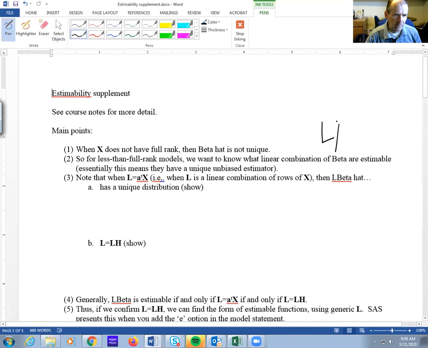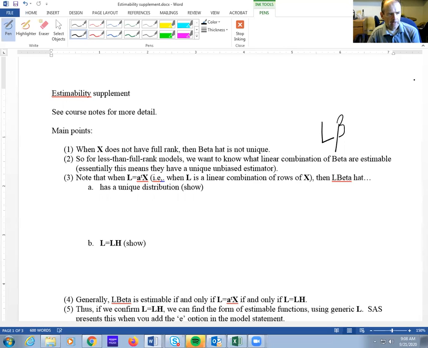So we're talking about things that look like L beta, and we're interested in what form L has to be. What linear combinations of beta are estimable, which essentially means that they have a unique unbiased estimator. So when that L has a form A transpose X, in other words, when it's a linear combination of the rows of X,